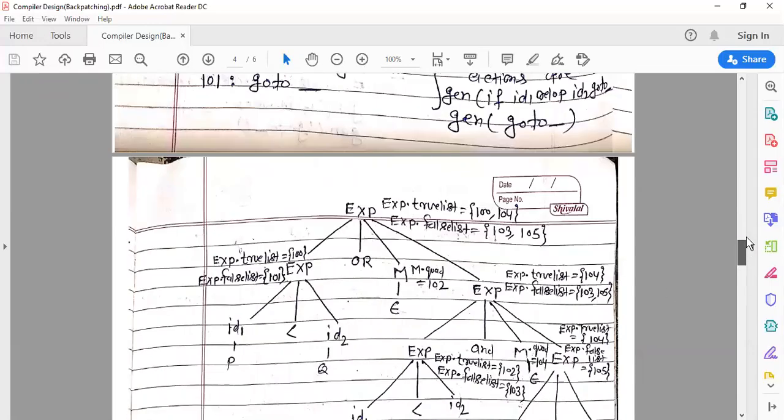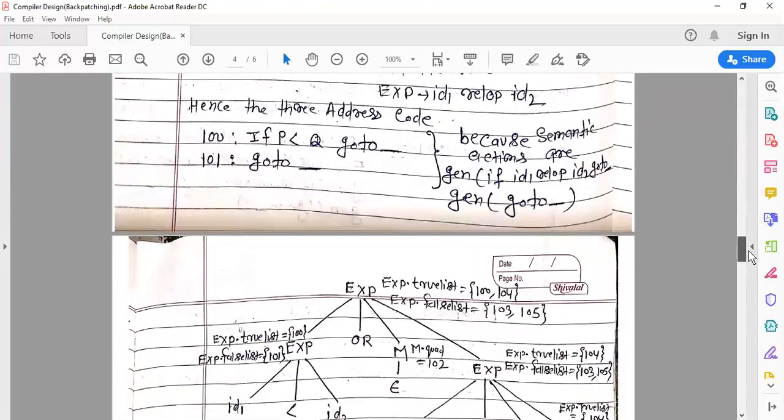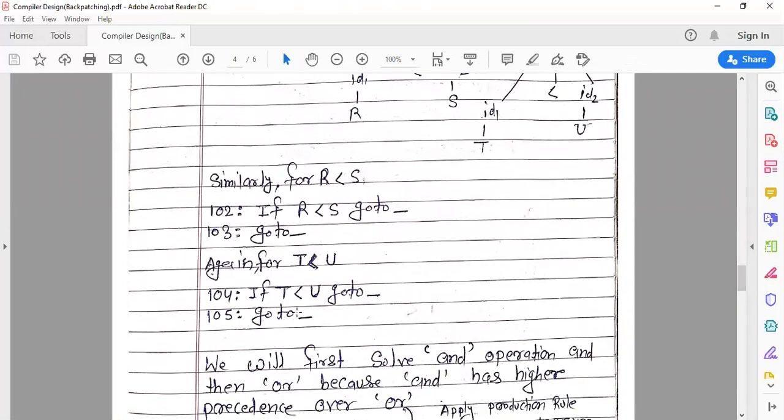You can see again the SDT for this production: exp.truelist is equal to makelist(nextquad). The nextquad is 104 and the false list is 105. Here id1 and id2 are T and U. So if T less than U, go to dash, this is the true list, 104, and go to dash, this is the false list, 105.